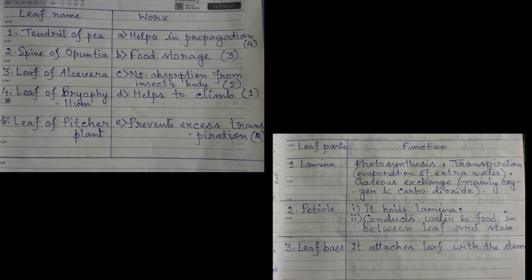I repeat, it is on the basis of the lobes of lamina, that is, on the basis of the parts of lamina. Let me clear it. Number 1, simple leaf, অর্থাৎ সরল পত্র. In this case, the lamina remains single, or single lobed, or one leaflet, like peepal leaf, banyan leaf, mango leaf, etc.